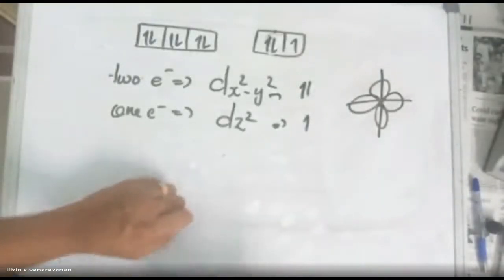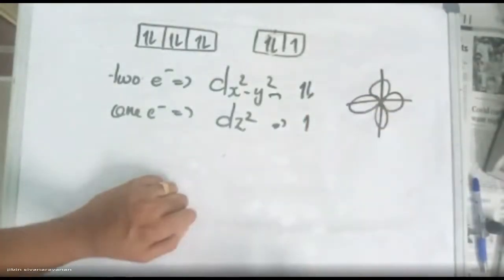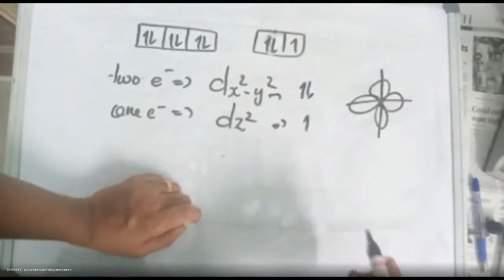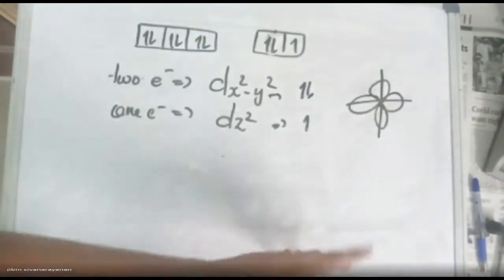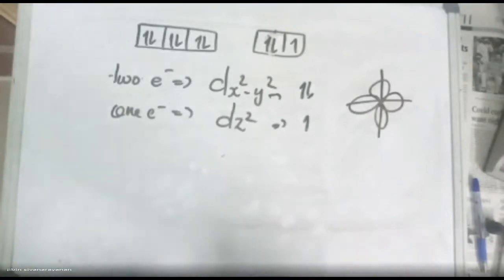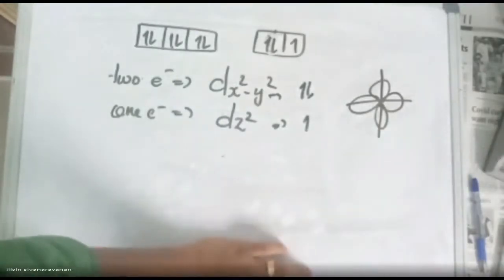Yes, I am asking which orbital will experience more repulsion when the ligands are approaching. It doesn't matter whether it is present in one axis or more than one axis. So which orbital would experience more repulsion when the ligands are approaching through the axis?